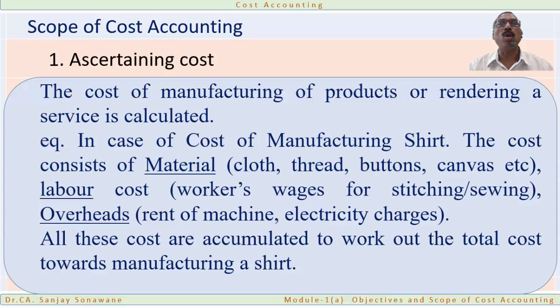So this way, all costs are accumulated here, whether material, labor, or overheads, and then we arrive at the cost of manufacturing this shirt. So we can say all these costs are accumulated to work out the total cost towards manufacturing a shirt. When you take all these costs together, only then can you arrive at the answer